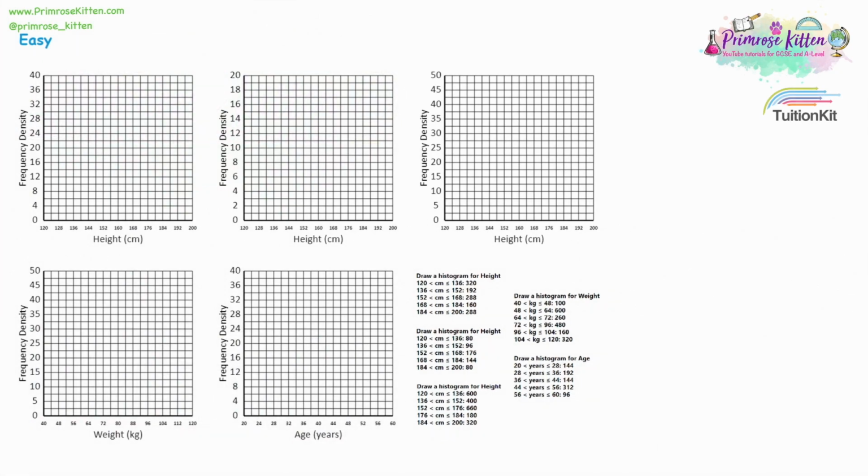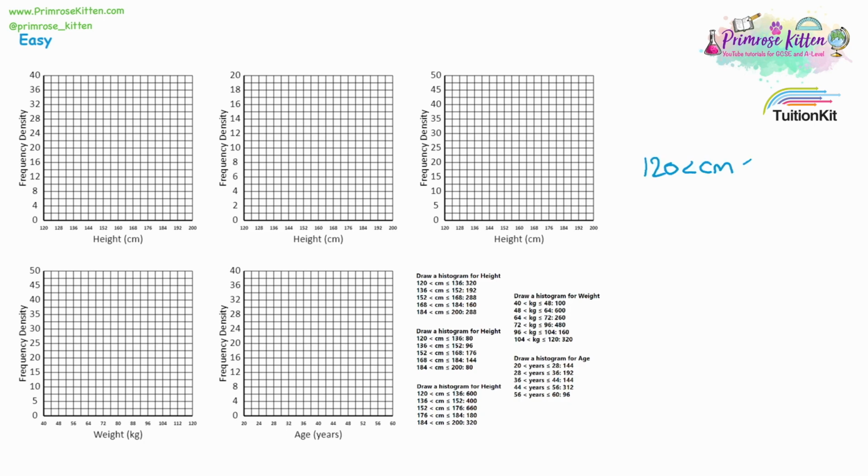Have a look at histograms. Now histograms are a kind of modified bar chart. What you'll notice with the histograms is that at the side on the y-axis it says frequency density. It doesn't say frequency like a bar chart might say. So if you have a look at our first table, draw a histogram for height,